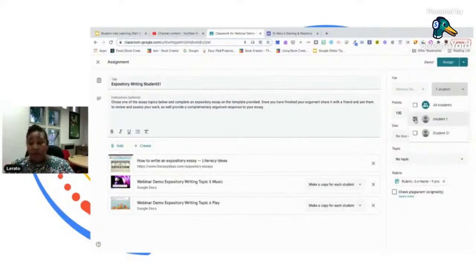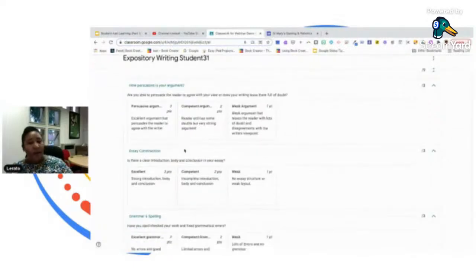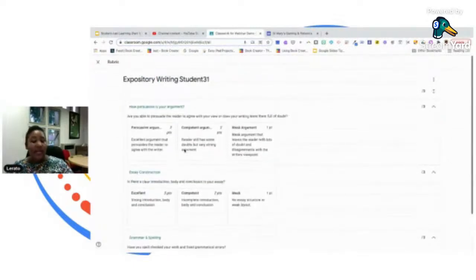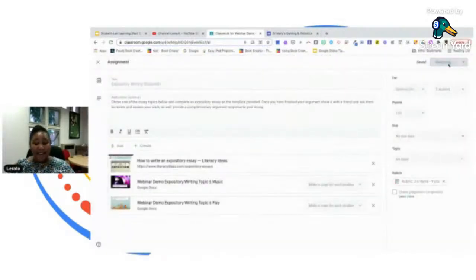acknowledging that we are different and, you know, giving them a different type of way to respond, as I mentioned earlier. And for my weaker students, they don't have to feel intimidated. I feel like we are really giving them a voice and a stand. And when I am ready, I can always assign a due date, and my rubric is right there. So my students know what I'm looking for, how many points they get from that under each topic. And when I'm ready, I just press assign. And it's just for that one student.